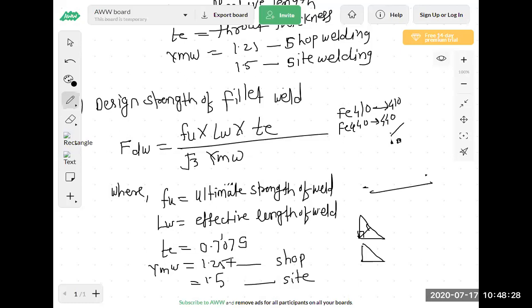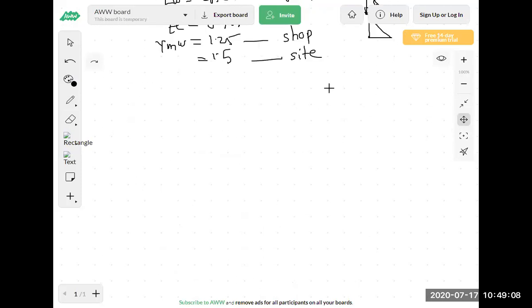The design strength of the butt weld, and the design strength of the fillet weld. Under the butt weld, the section or joint may be under tension or compression or shear. So for that the different formulas are there that we have to use for solving the problem. Okay, so these are the strengths of the welds. Are you getting? Now the strength part is over. Now we have to see the actual design procedure.